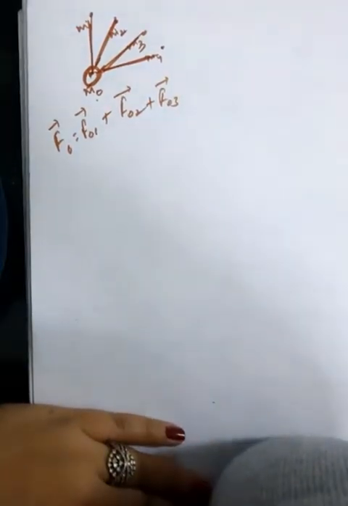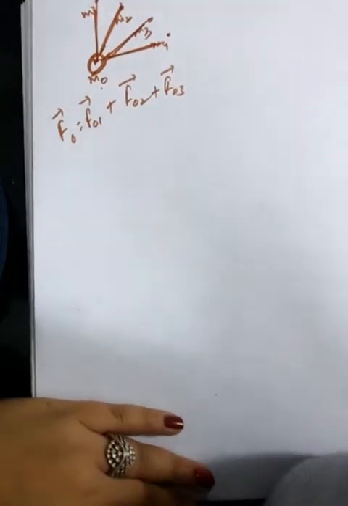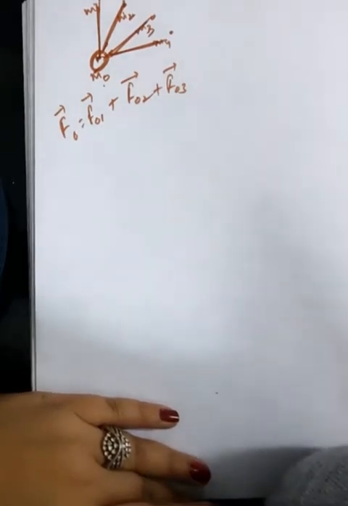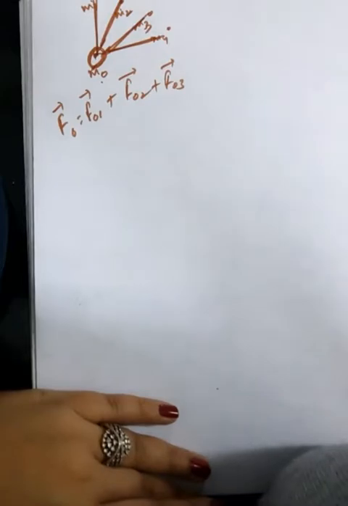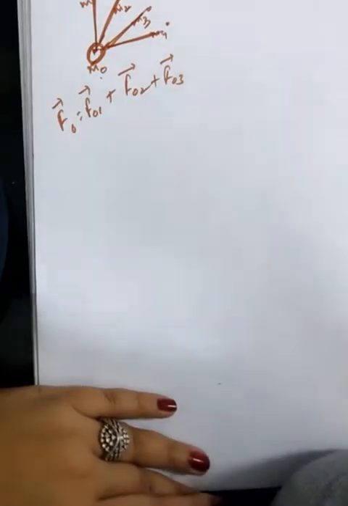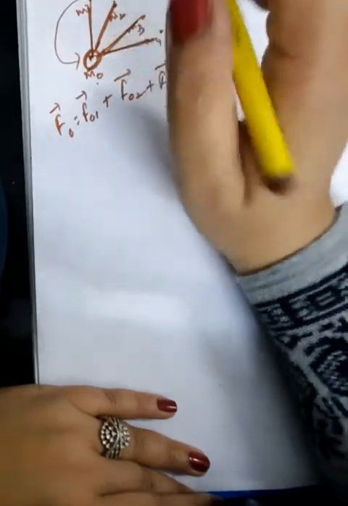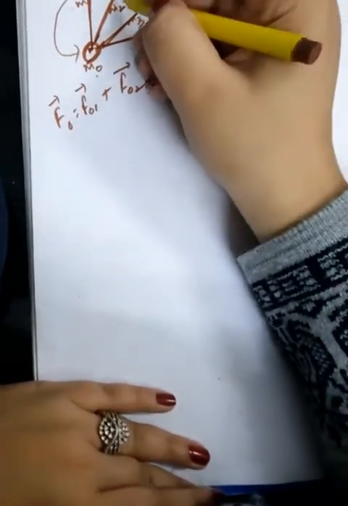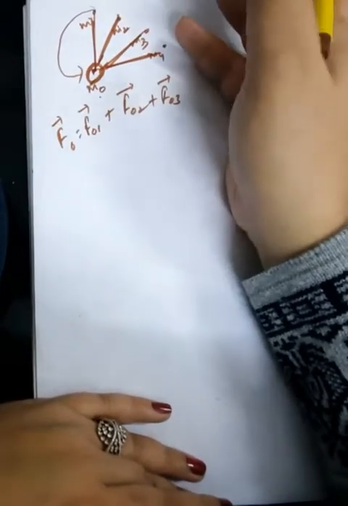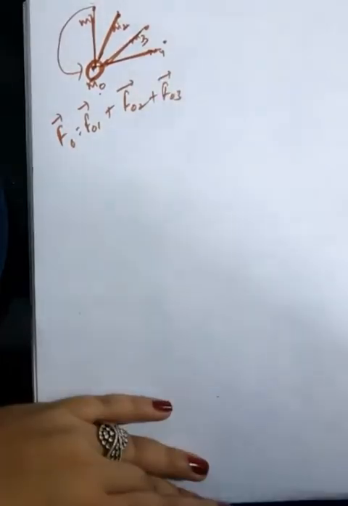So what have we understood? That the principle of superposition says that if we want to find out the total force of gravitation on one particular mass because of all the other masses present there, then we have to simply find out the individual forces, and then we have to take the vector sum of all those forces. इसका मतलब ये हुआ कि एक मास और सेकेंड वाले मास में जो फोर्स होगा ना, वो बाकी वहाँ पे कितने भी मासेस प्रेजेंट हो, वो उनकी प्रेजेंस से इफेक्ट नहीं होगा. ओके, दिस मीन्स दैट. ओके, सो दिस इज प्रिंसिपल ऑफ सुपरपोजिशन.